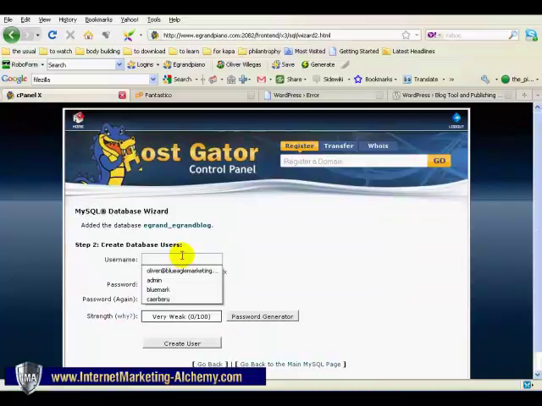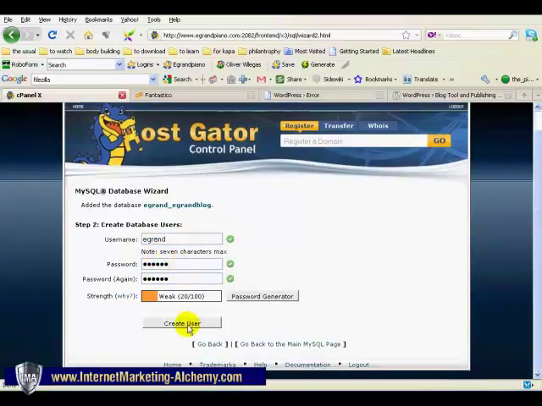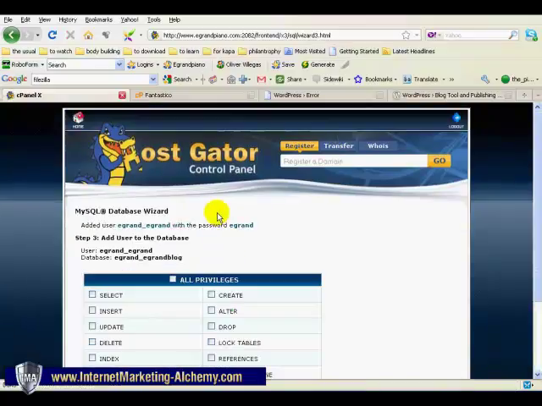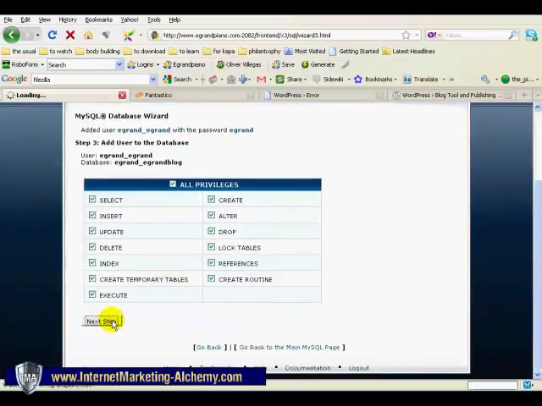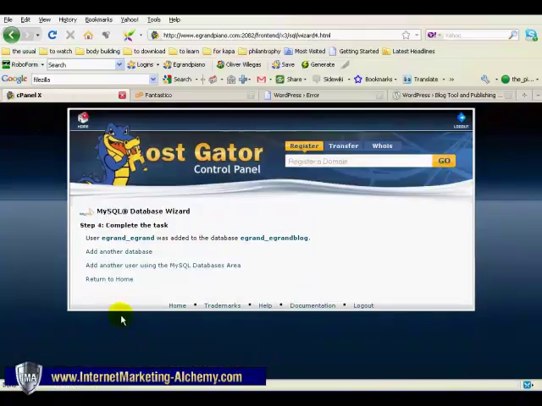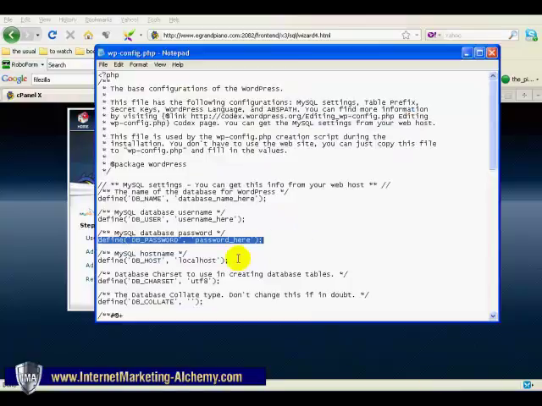Okay, and then the username, let's just use the same, egrand. The password is also egrand, and we're just gonna create the user and select all privileges, and then next step. Okay, so user egrand was added to the database egrand eblog. So the database is egrand_egrand blog, and we're gonna